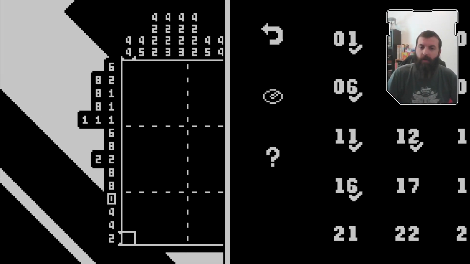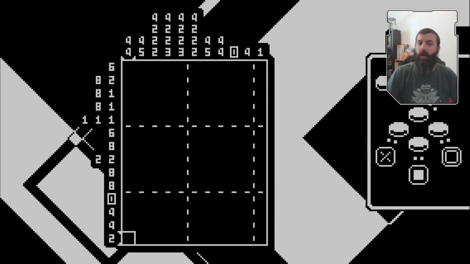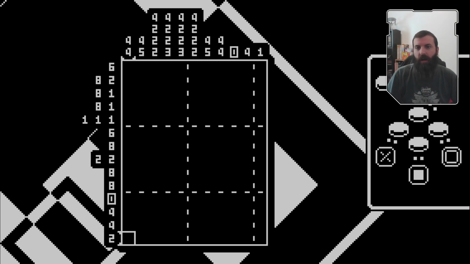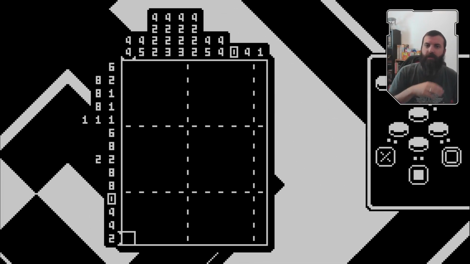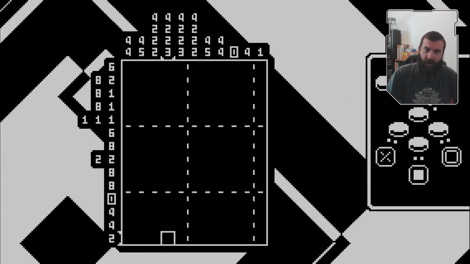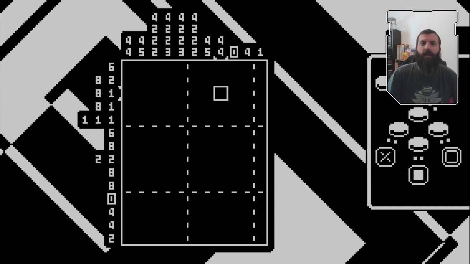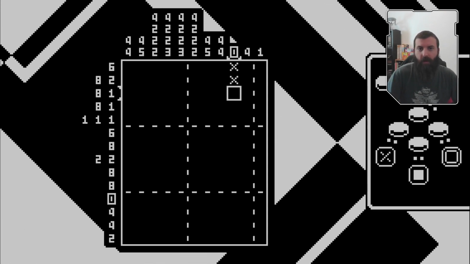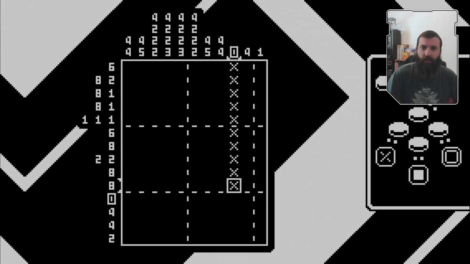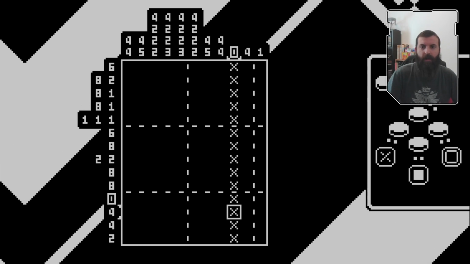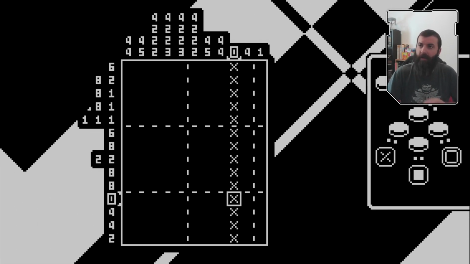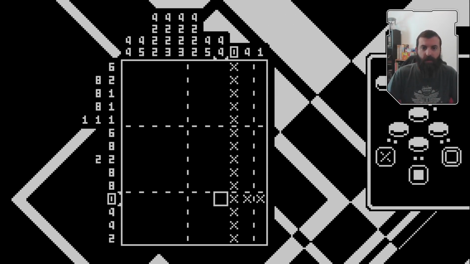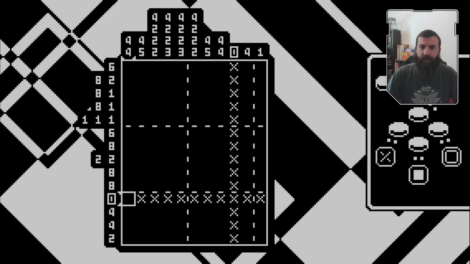If anyone needs a refresher on what Nonograms are, they're basically big pictures where the game tells you some numbers and that lets you figure stuff out. So, for example, we've got vertically 0 here, so that means we know there's no filled-in grids here. And we can then use that to figure out other stuff. We can also see horizontally we've got a 0, so we can X all of these out